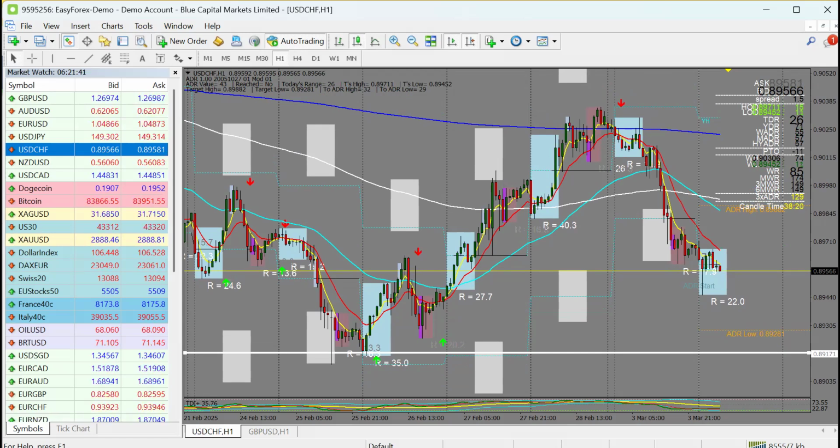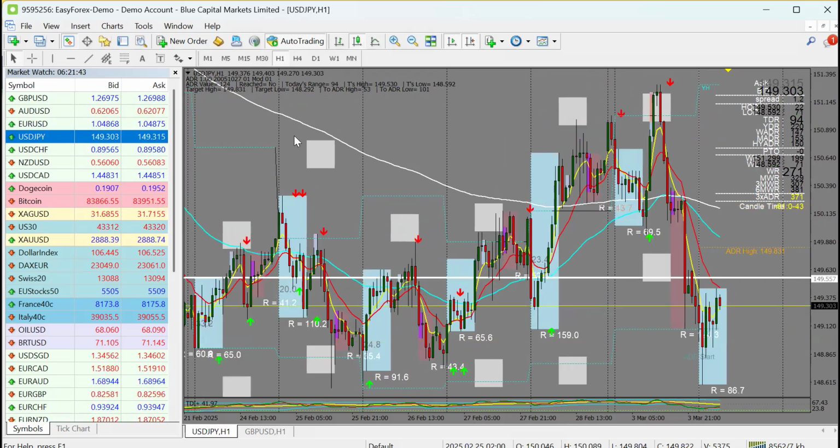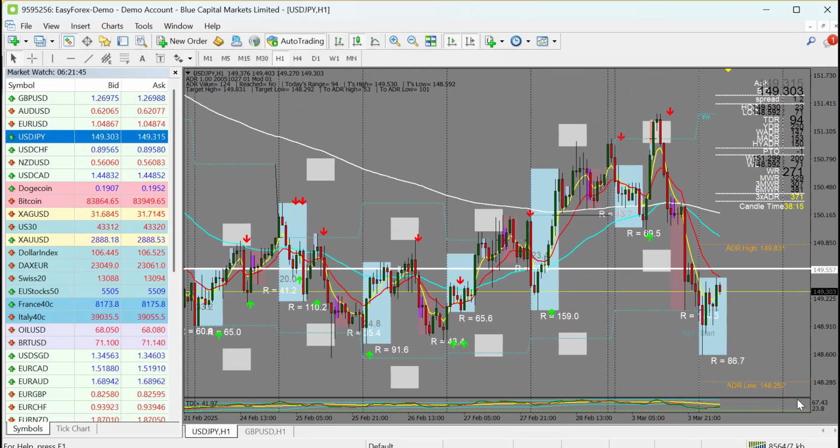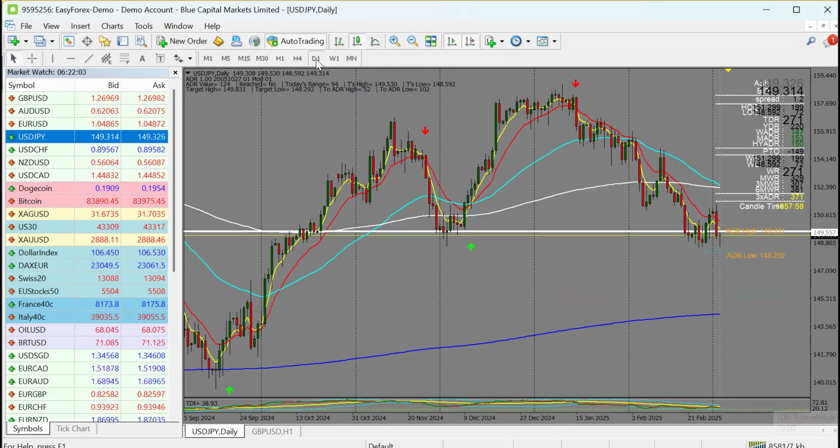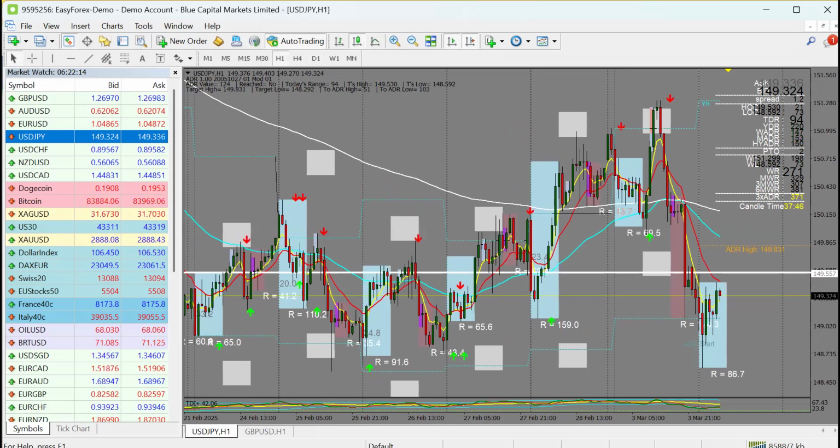Talking about another pair we have, the USD JPY. The yen pairs, we are very bearish on them. Talking about USD JPY, we're expecting to see some sell opportunities for us to position ourselves on these trades. We're talking about this 150 mark, so we're expecting the market to continue all the way to the 800 EMA. We're very bearish on these pairs, considering the sell momentum.